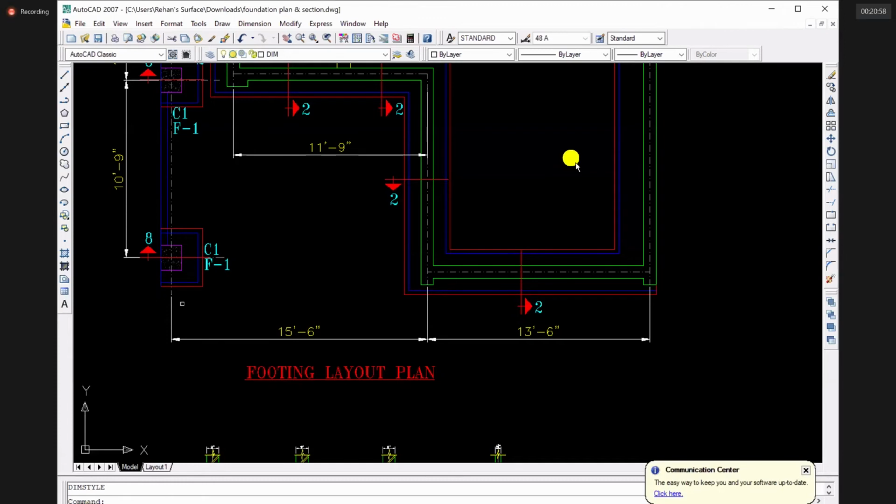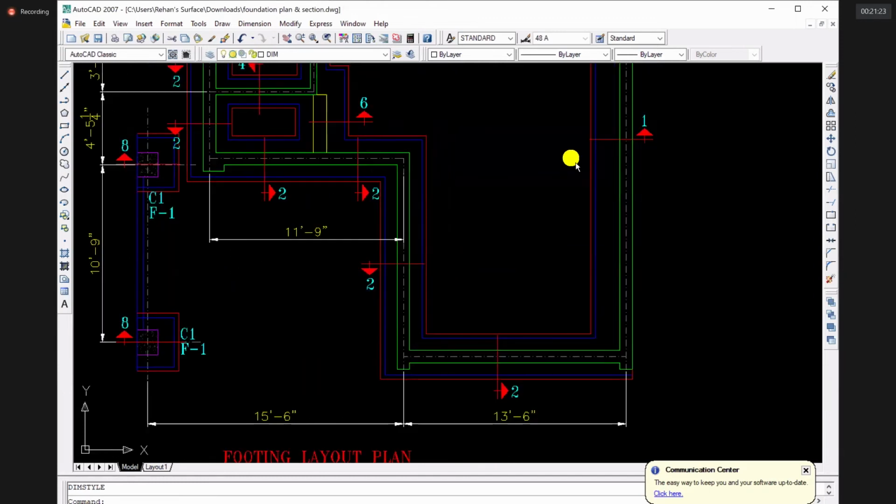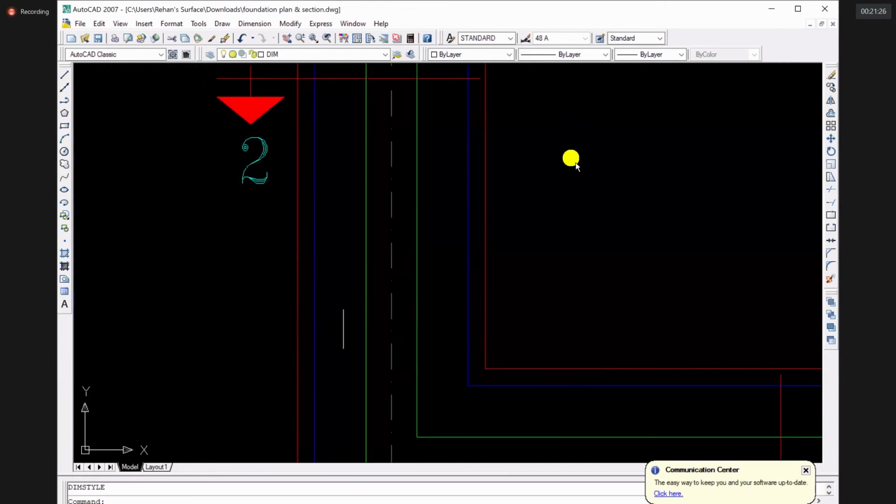Normally, one corner of the property is taken as the benchmark, which you know is a fixed point and it cannot be changed. And the distance from that corner is given to any corner of the building. Okay, just as a reference. So coming back to this plan,